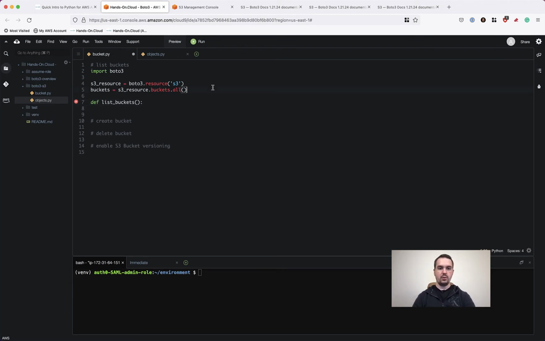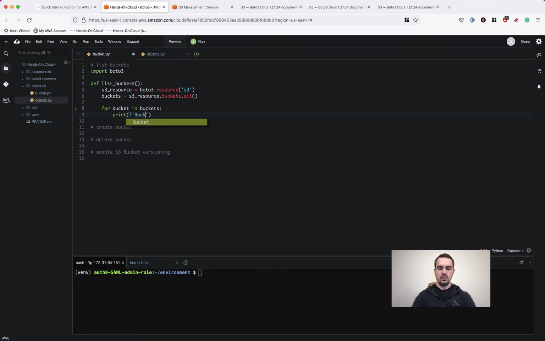Now, let's move those two lines to this method and start using them. So to list all the buckets or print all the buckets, let's print them. We need to use a for loop where we will be iterating through the entire list and get access to every single bucket, and then we will be using a print statement and f-string interpolation syntax to print all the